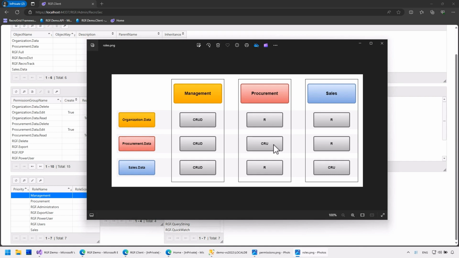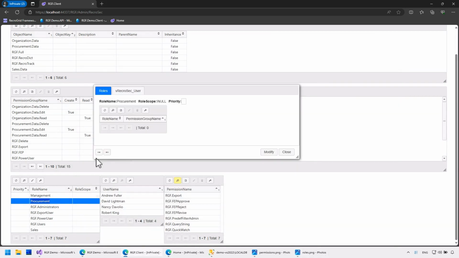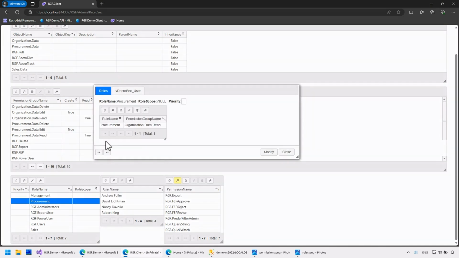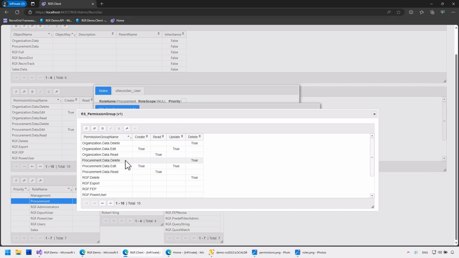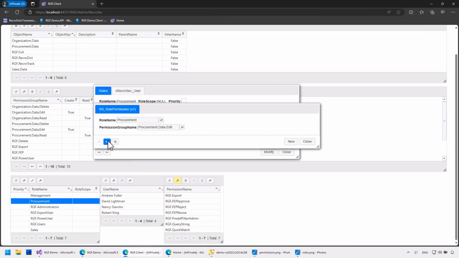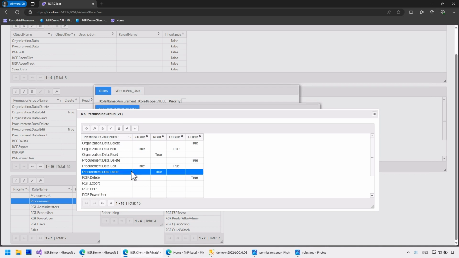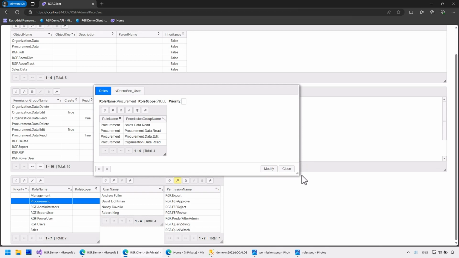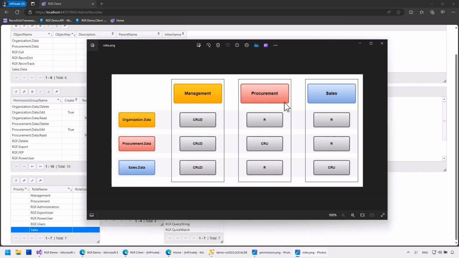Procurement data, create read update. Sales data, read. For sales, organization data, read. Sales data, create read update. Procurement data, read.